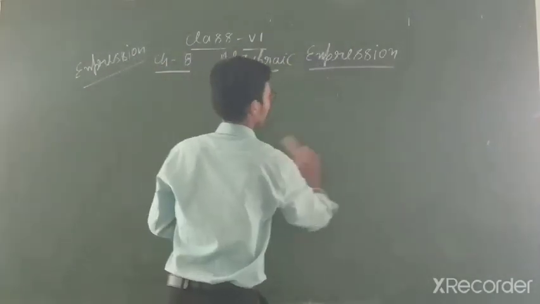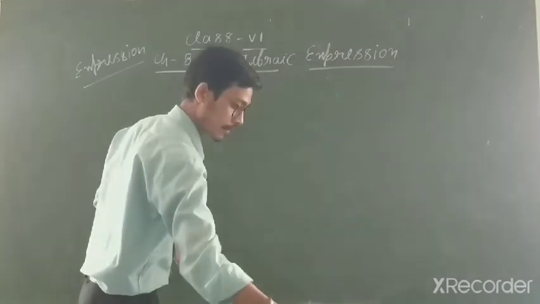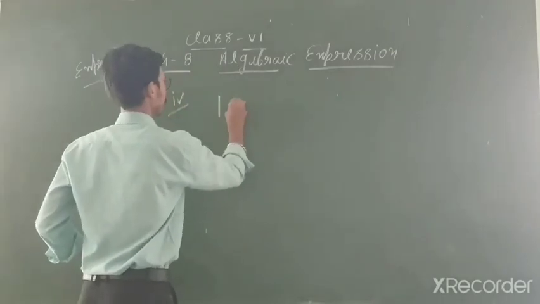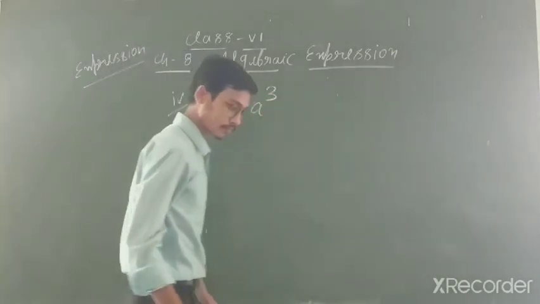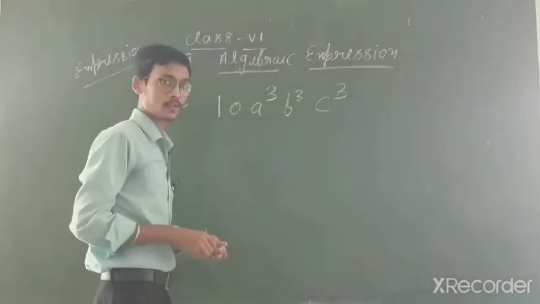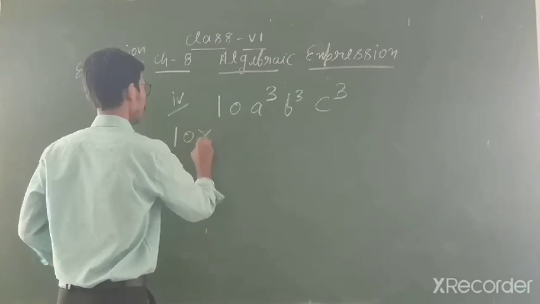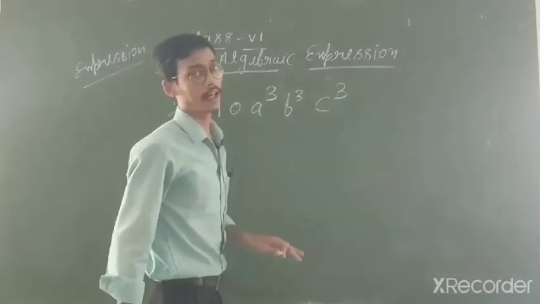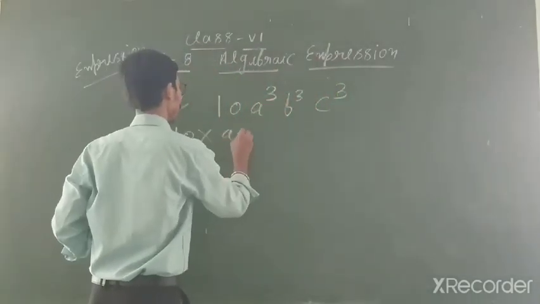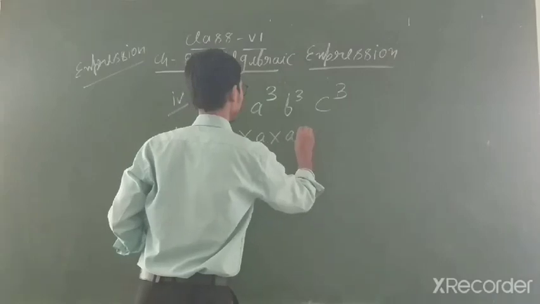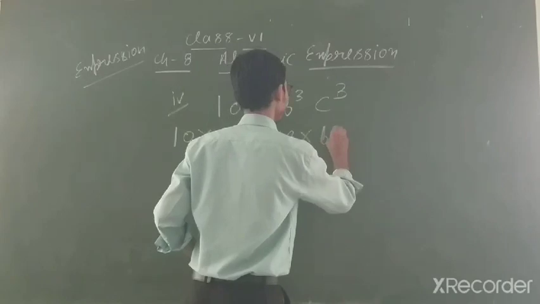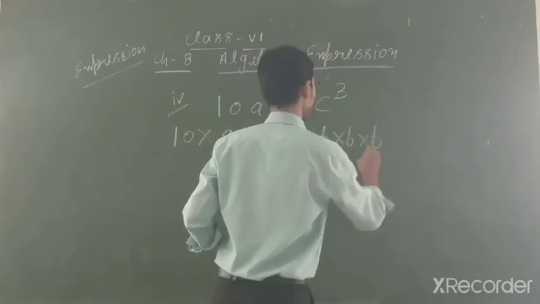I am going to again explain one other example, like what is given? 4th question. 4th is given 10 a to power 3, b to power 3, c to power 3. Clear student? So you can write down 10 to same, 10 is constant, a to power 3 yani student, a how many times you will write down? A you will write down 3 times, because 3 is given, write down a 1 2 3. Clear student? B is given how many times, student? B is given also 3 times, so 1 2 3.